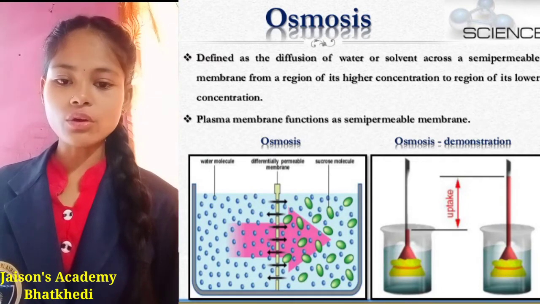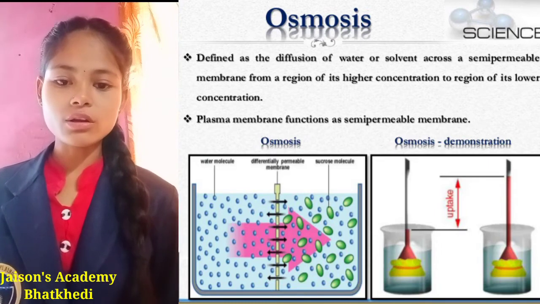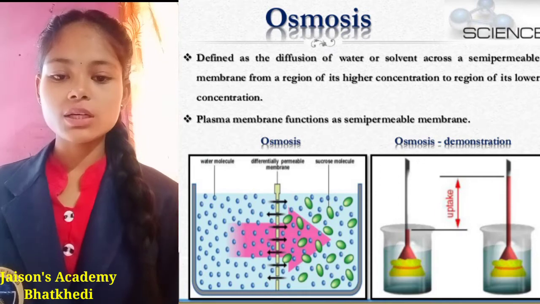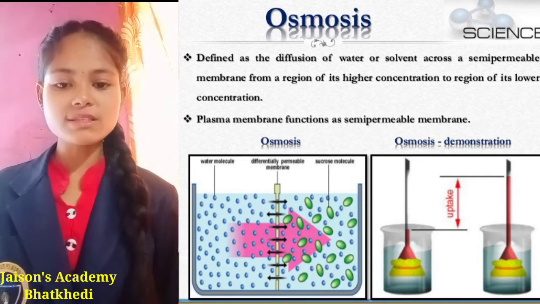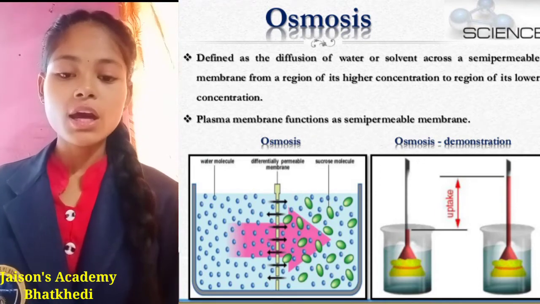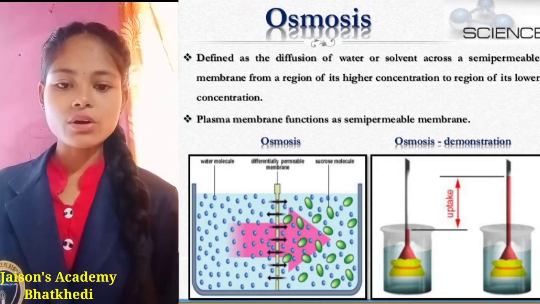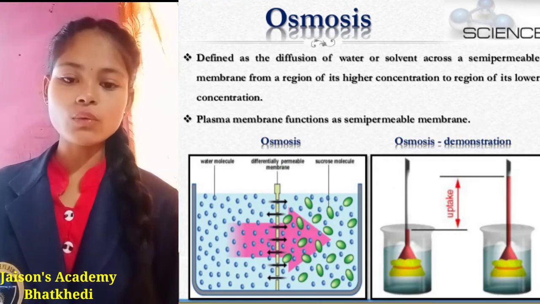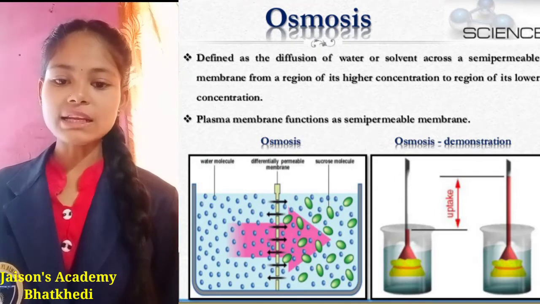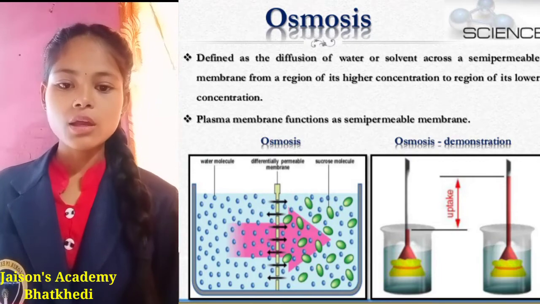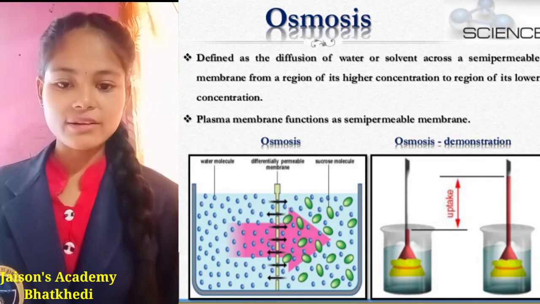Students, have you ever thought about how this exchange of water takes place inside the cell? The exchange of water takes place inside the cell by the process of osmosis. The process of exchange of water from the higher water concentration to the lower water concentration through a selectively permeable membrane is called osmosis. Three conditions can arise.